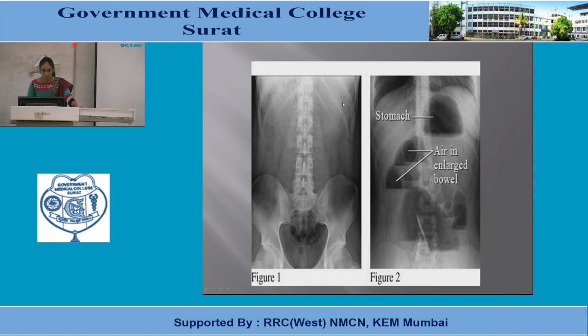The renal outline is also well seen in this X-ray and the margin of the psoas muscle is seen. Here is the psoas muscle. This is right, this is left, and a small amount of gas is present within the small bowel and a sigmoid